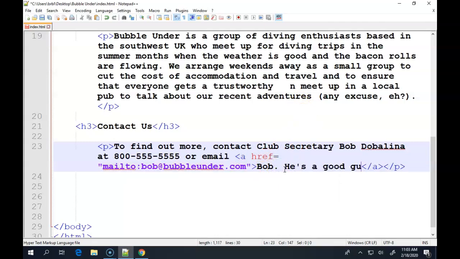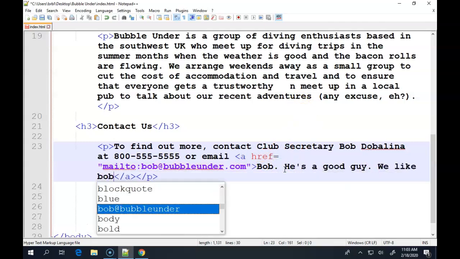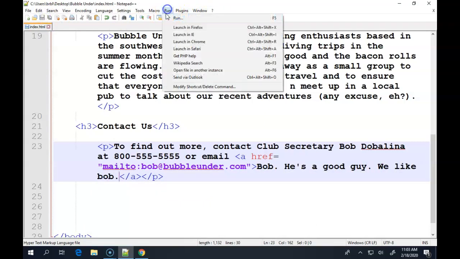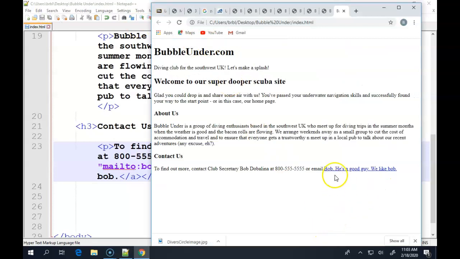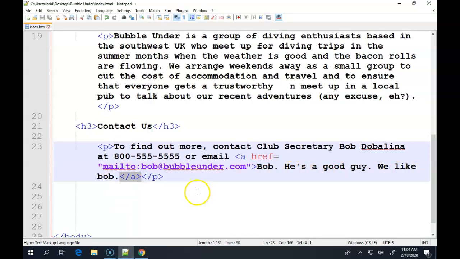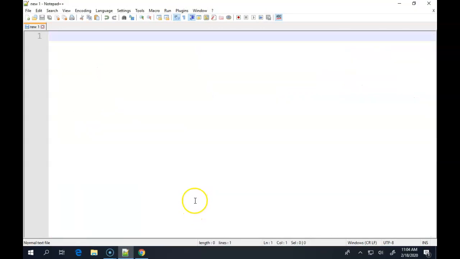He's a good guy. We like Bob. If this is how I did it in my code, see what happened when I view this? I didn't stop the anchor after the word Bob, so it continued to anchor and hyperlink all the words I had until I came to that closing A, and I have it way after all these extra words that I typed. If I move that where it should be,